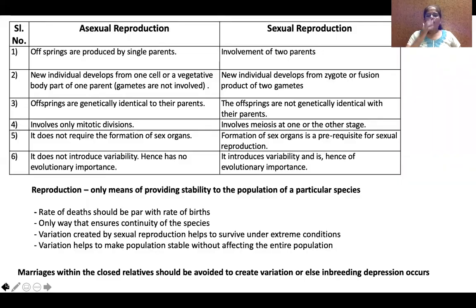So variability will be very less. Whereas in sexual reproduction, variability will be high. And hence evolution takes place. After knowing all this, can we say reproduction is very much required, or it is the only means of providing stability for a population in a particular